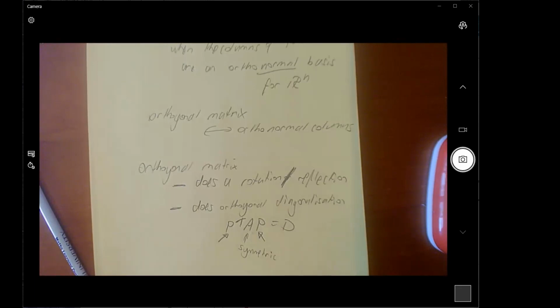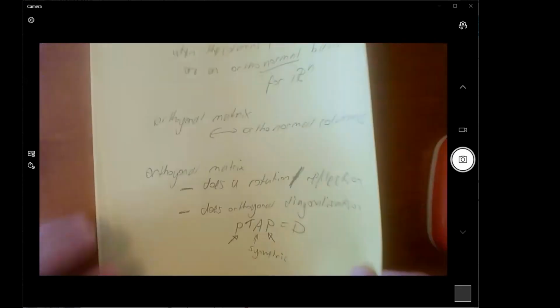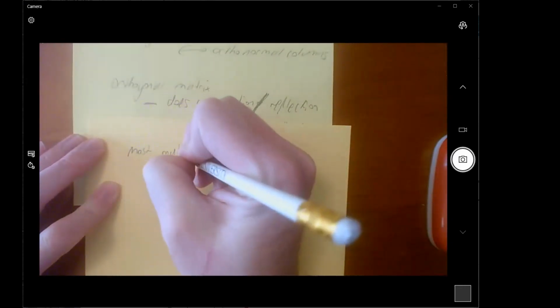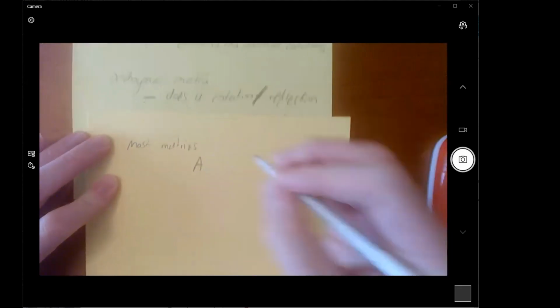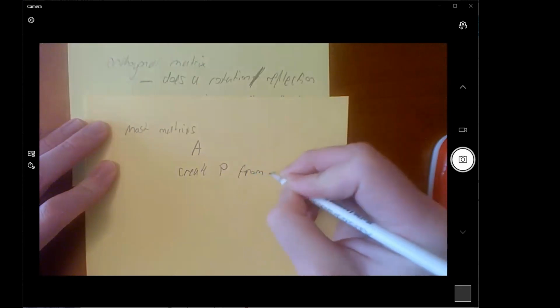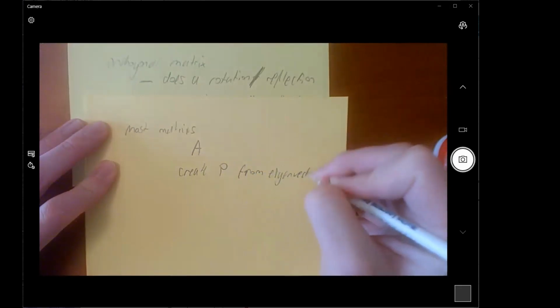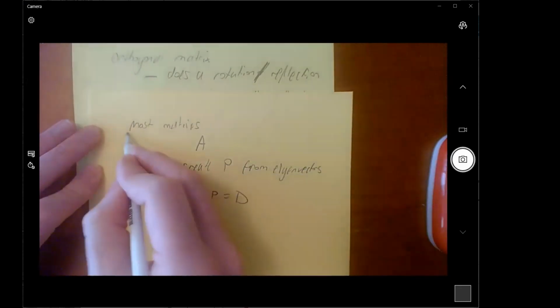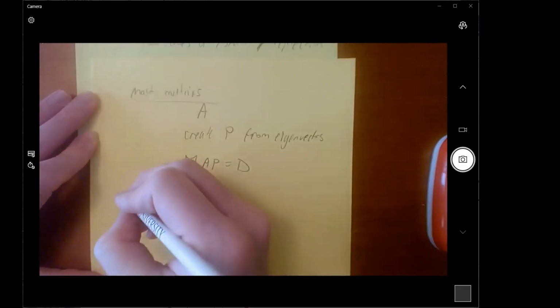With that last equation, so you're saying that you can only use it if A and P are symmetrical? No, you can only use it if A is symmetrical. So for most matrices, you've got A and you create P from the eigenvectors, and then P inverse AP is a diagonal matrix. That's what you do for most matrices. For a symmetric matrix,